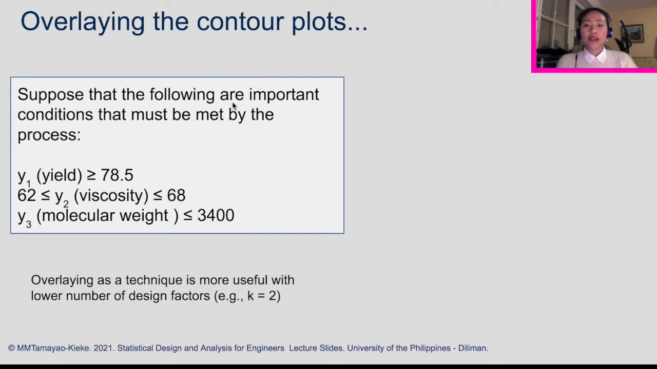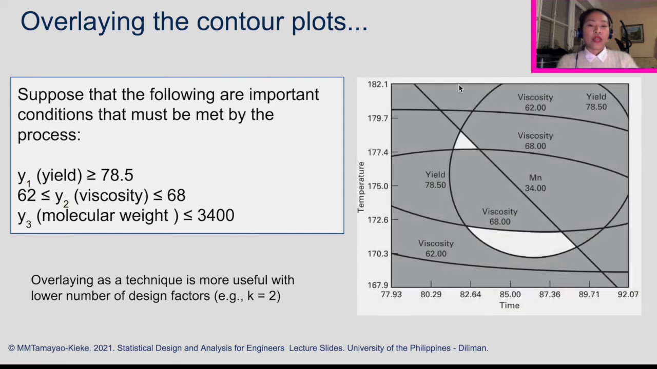Now, suppose that in our previous chemical process yield example, the following are important conditions that must be met by the process. The yield should be greater than or equal to 78.5. The viscosity should be greater than 62 and less than or equal to 68. The molecular weight should be less than 3,400. Now, if you overlay the contour plots, looking at these conditions,